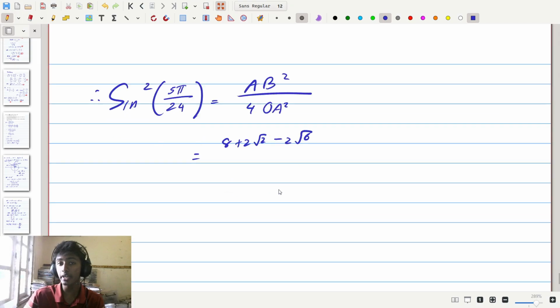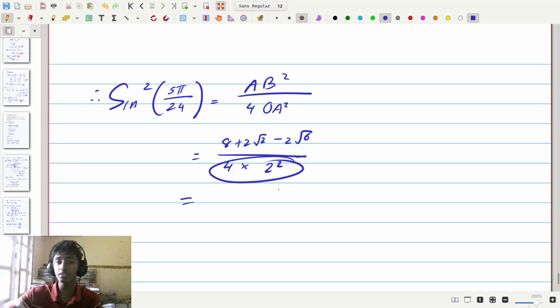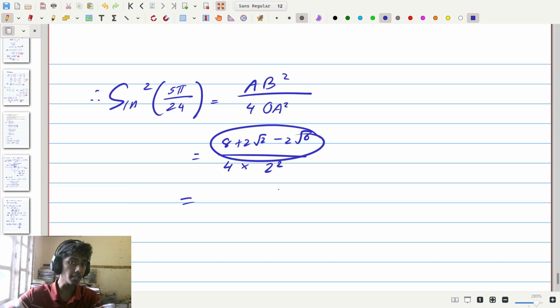And as for the denominator, we have on the bottom 4 multiplied by OA squared, which is equal to 2, so 2 squared. Now if we simplify this down, we can see we have a 16 on the denominator, but on the numerator, we have a factorizable 2. There's a 2 in this, there's a 2 in this, and there's a 2 in this. So therefore, if we take just a 1/8 out,